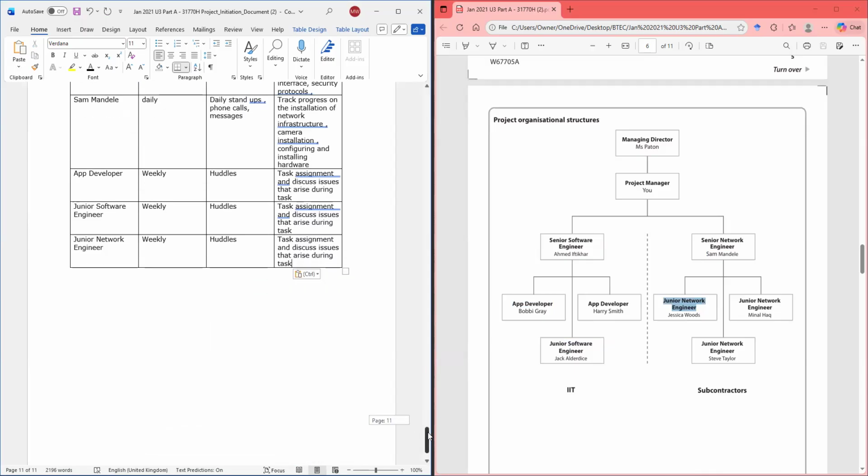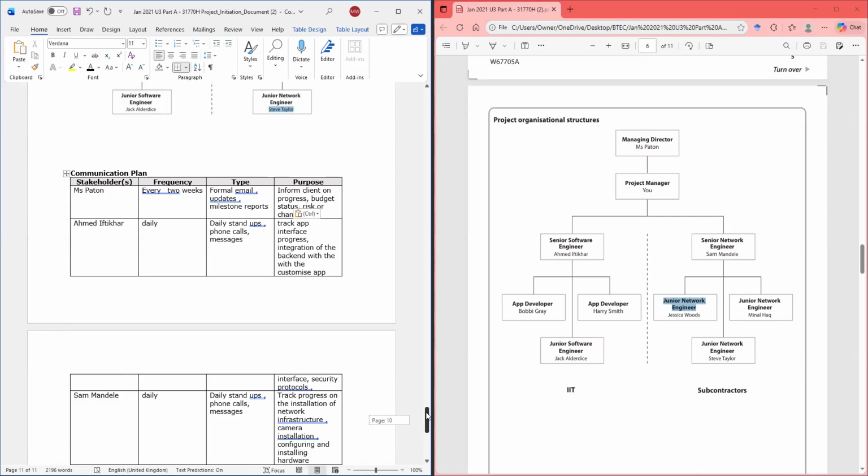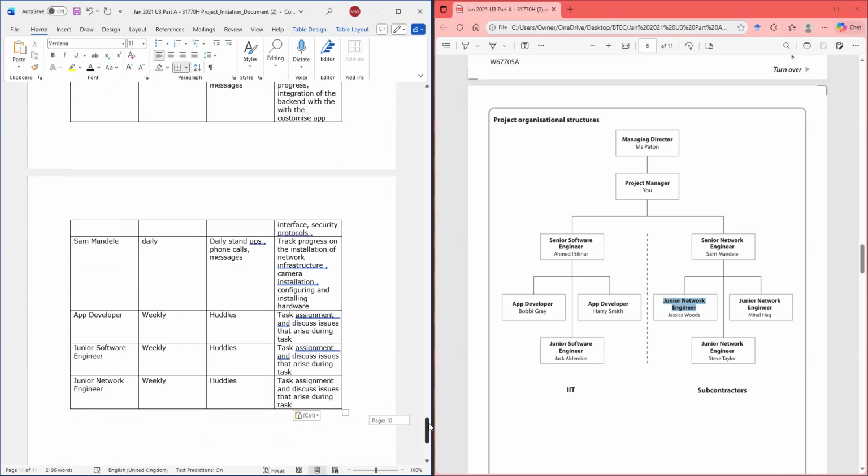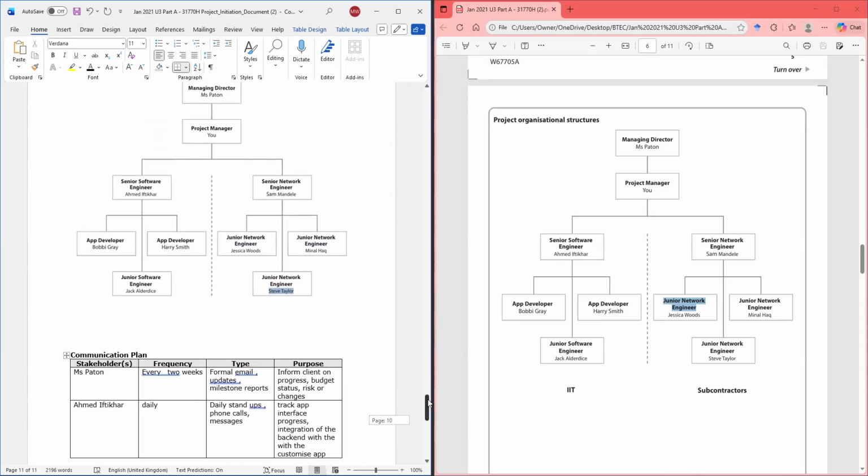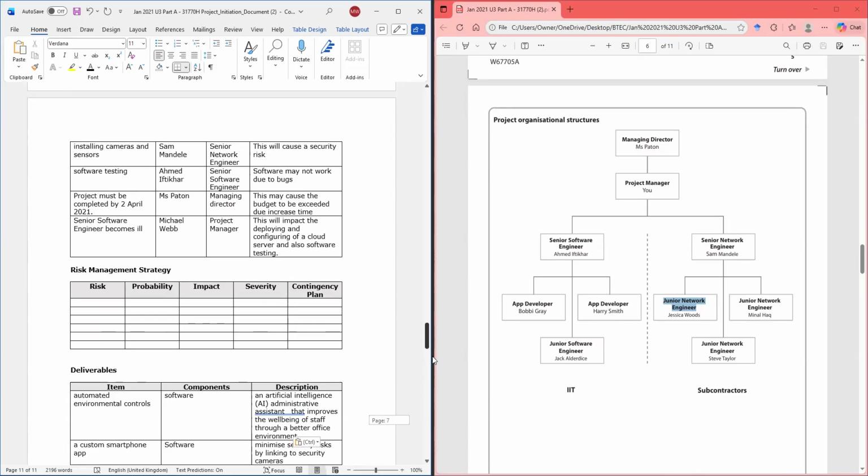All right, so that's basically it. Okay. What we're missing now is risk. I'm just going to fill just a few sections out, but risk, you can get from anywhere on the set task brief, right?